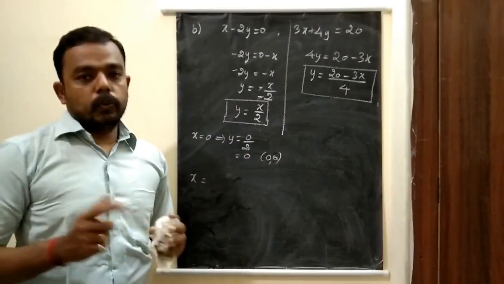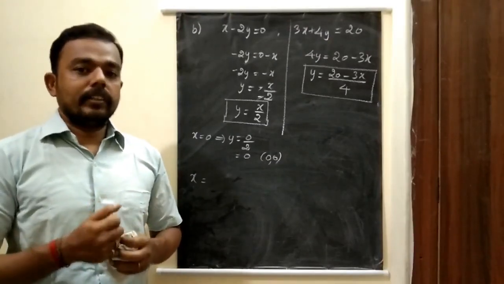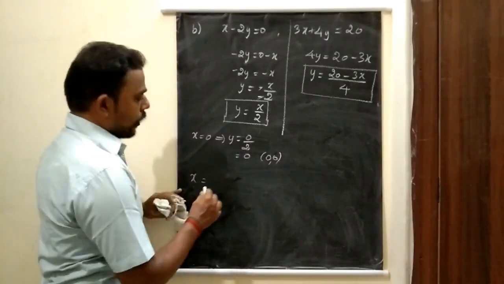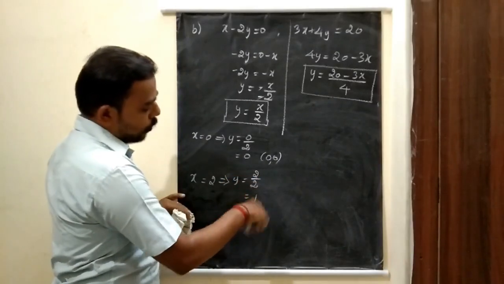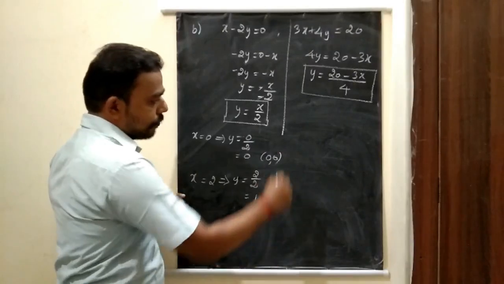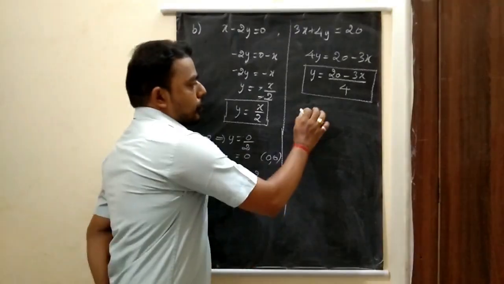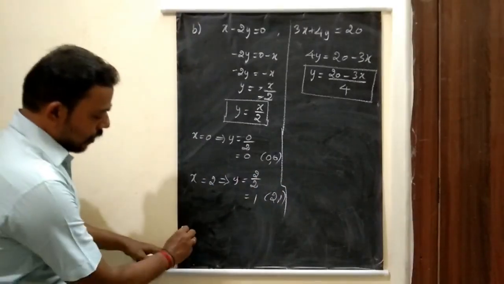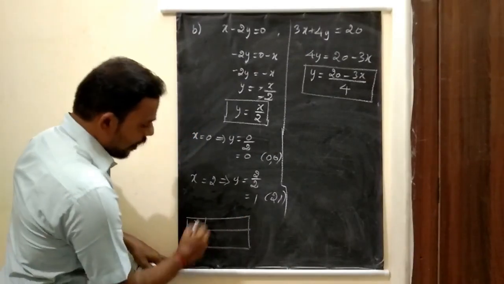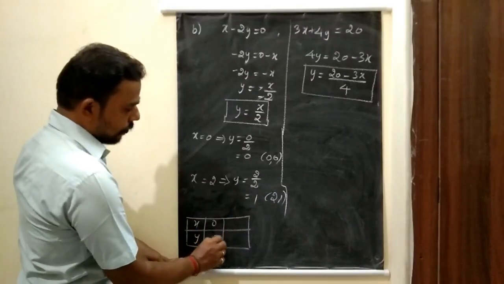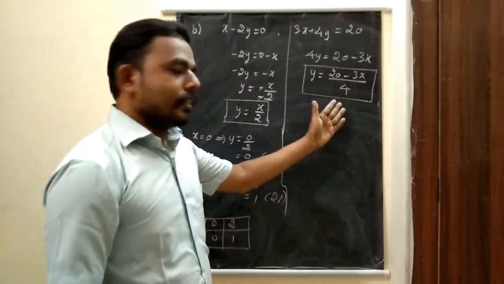So now I can substitute 2 or minus 2 or 4, minus 4 or 8, minus 8, or 6, minus 6 and so on, multiples of 2. So that's why x is equal to 2 implies y equal to 2 divided by 2 equal to 1. So the point 2, comma, 1. Okay, coming to this situation, now I can draw the x value, y value: 0, comma, 0, here 2, comma, 1. This is the point.